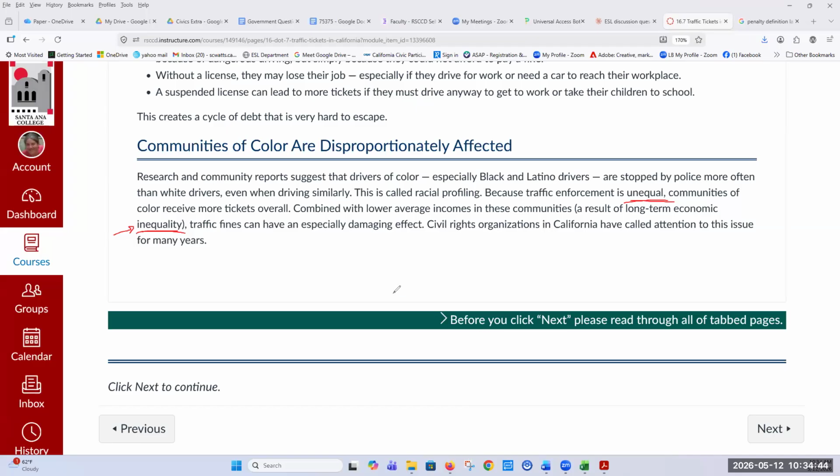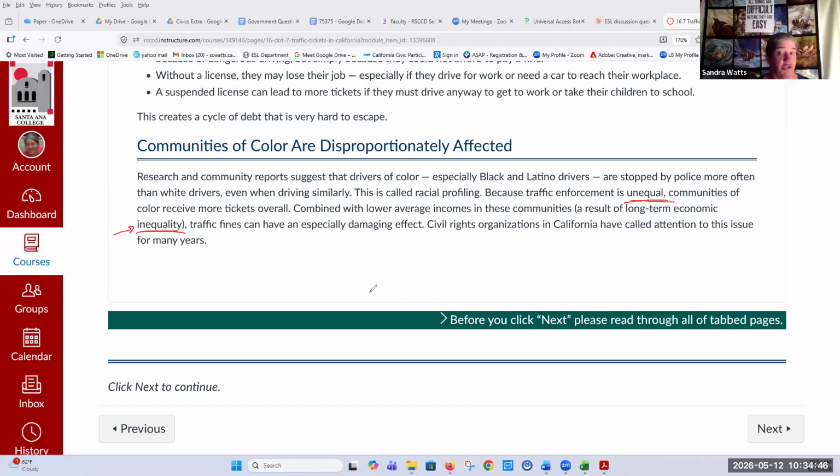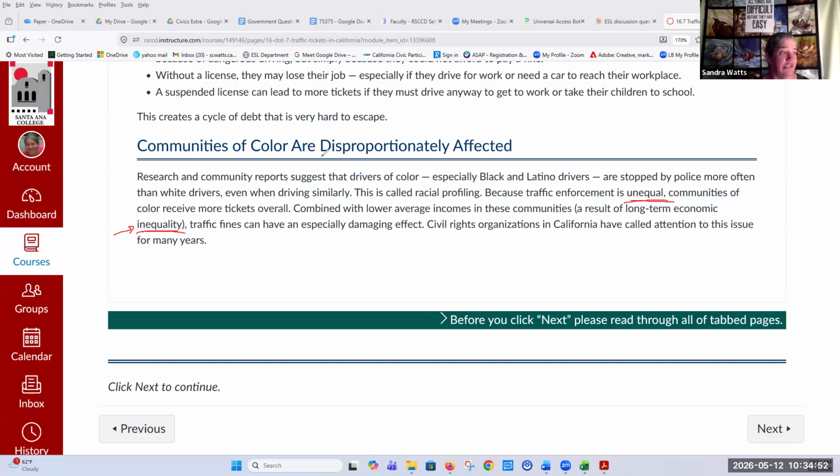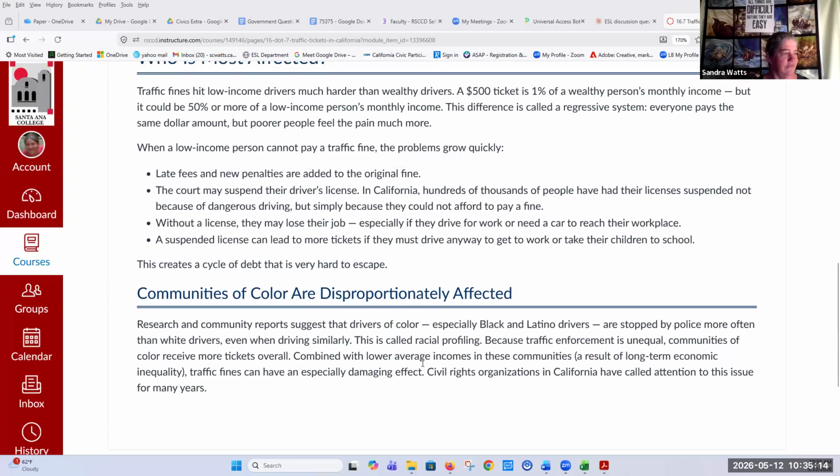Okay. Thank you, teacher. Some good pronunciation in there. Thank you. Yeah, Sandra, you got this one right when you pronounced it. I was impressed. Not an easy word. Inequality. Disproportionately. Disproportionate. Yeah, nice job, people.